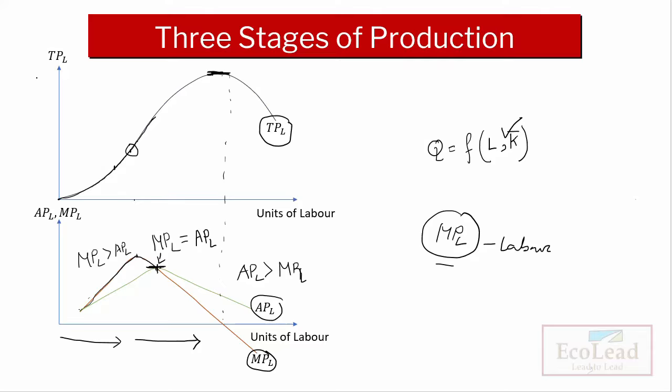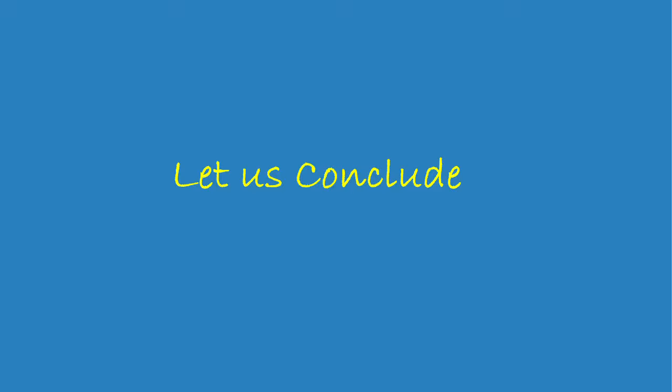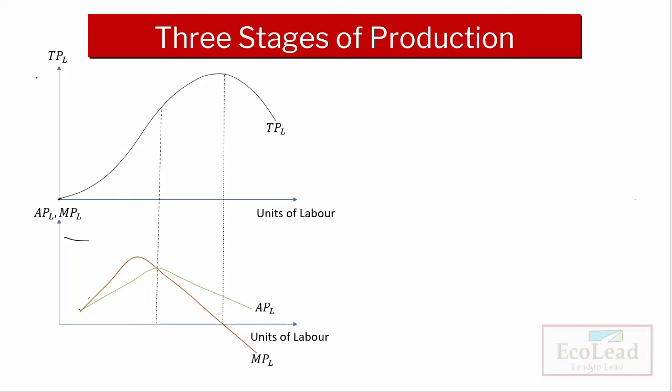In this case the marginal product of labor is continuously going down, and it is also pulling down the average product of labor. So if we conclude, initially, up to where the marginal product is greater than the average product, we consider it as stage 1,